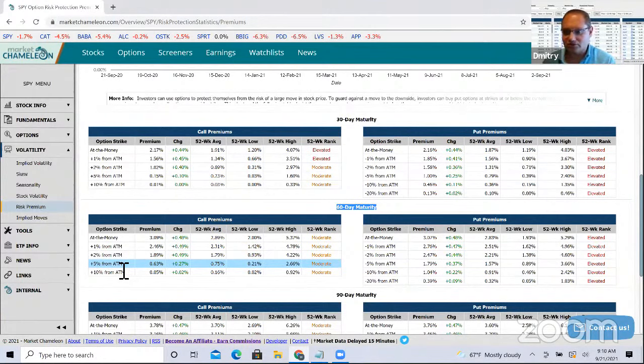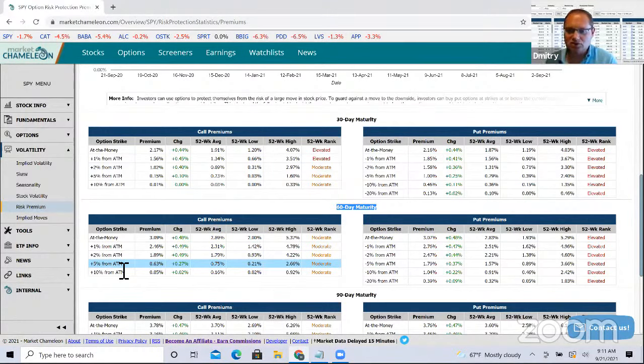We don't have any reason to believe that it should go in either direction, and the magnitude of the moves could be equal. So how do those bets line up? And I'm using SPY because I think in a stock it could be a little bit different. Stocks have their own nuances sometimes. It could be a biotech stock.